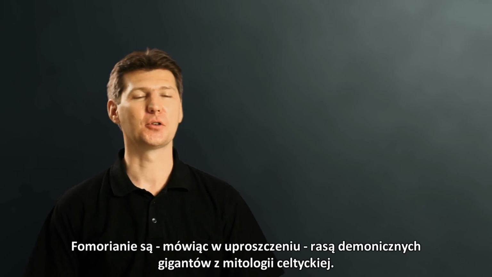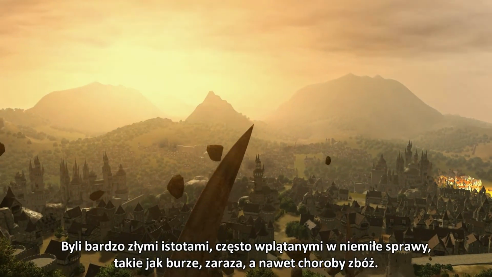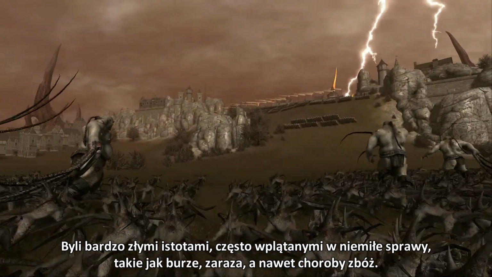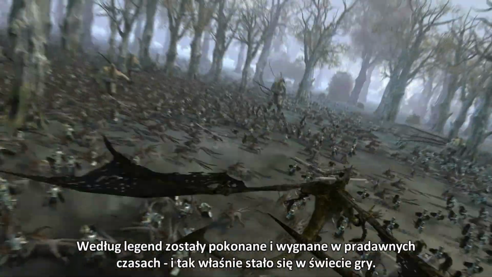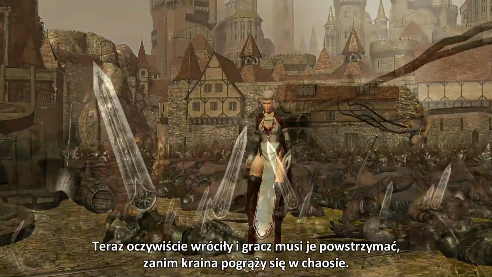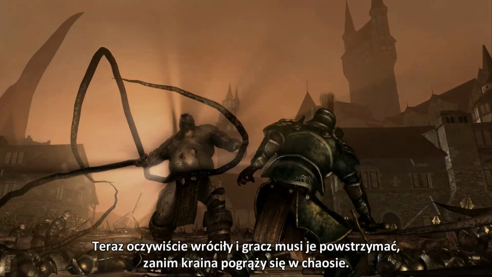Fomorians are basically a race of demonic giants in Celtic mythology. They were a pretty evil bunch, often associated with unpleasant things like storms, disease, even crop blight. According to legend, they were defeated and banished in ancient times, and that is exactly what happened to them in our game world. Of course, now they are back, and you'll have to stop them before the land is consumed